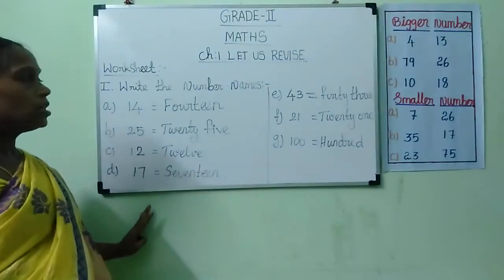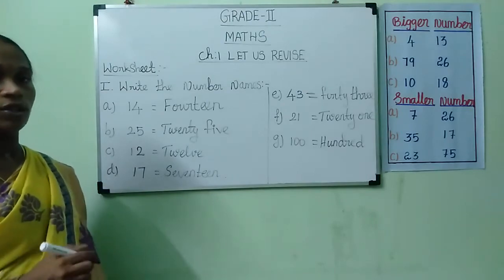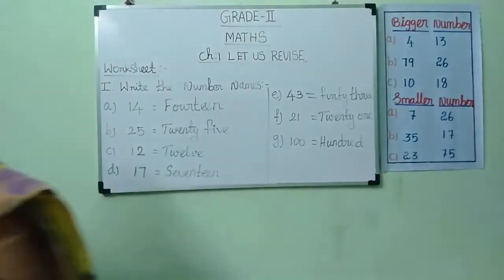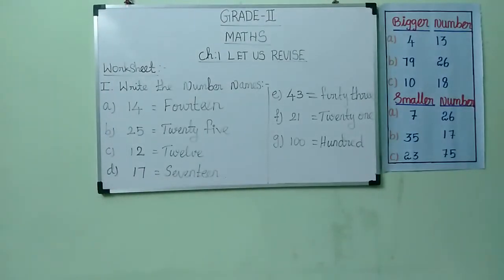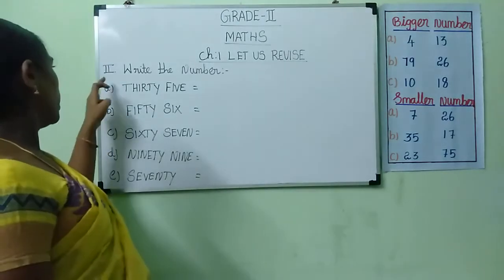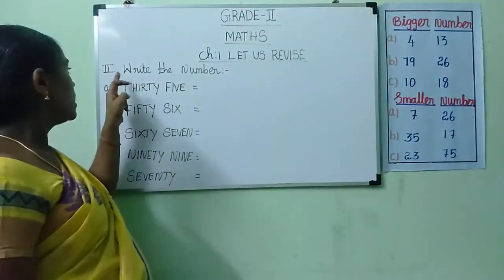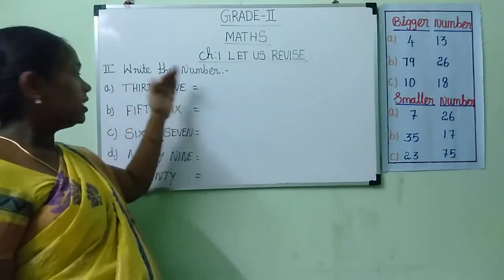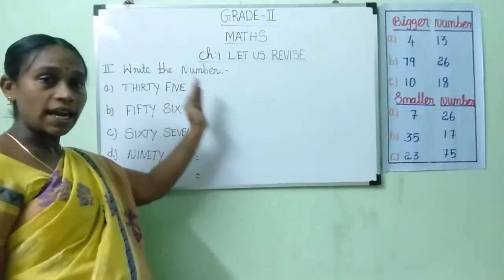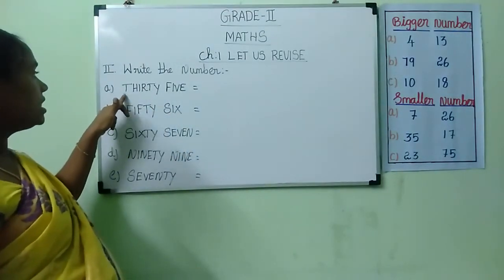First Roman: how to write the number names. Okay. Check the answers in your worksheet. Next, second Roman, write the number. Here number names are given, you should write the numbers. Okay children? See the first one,